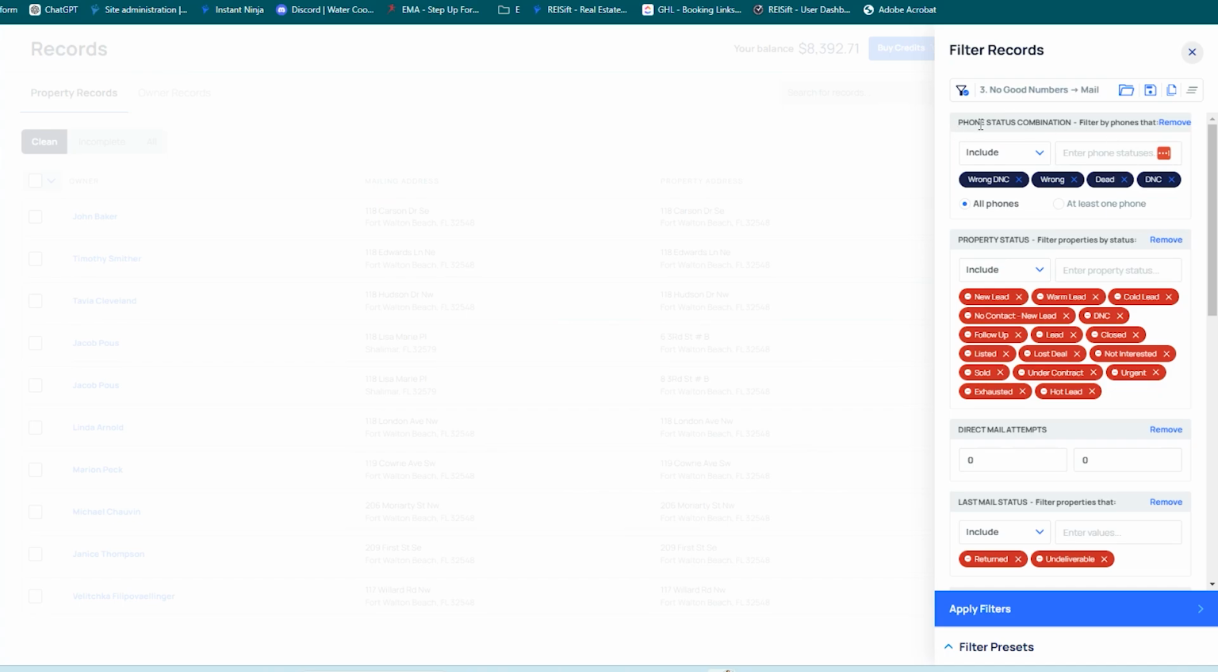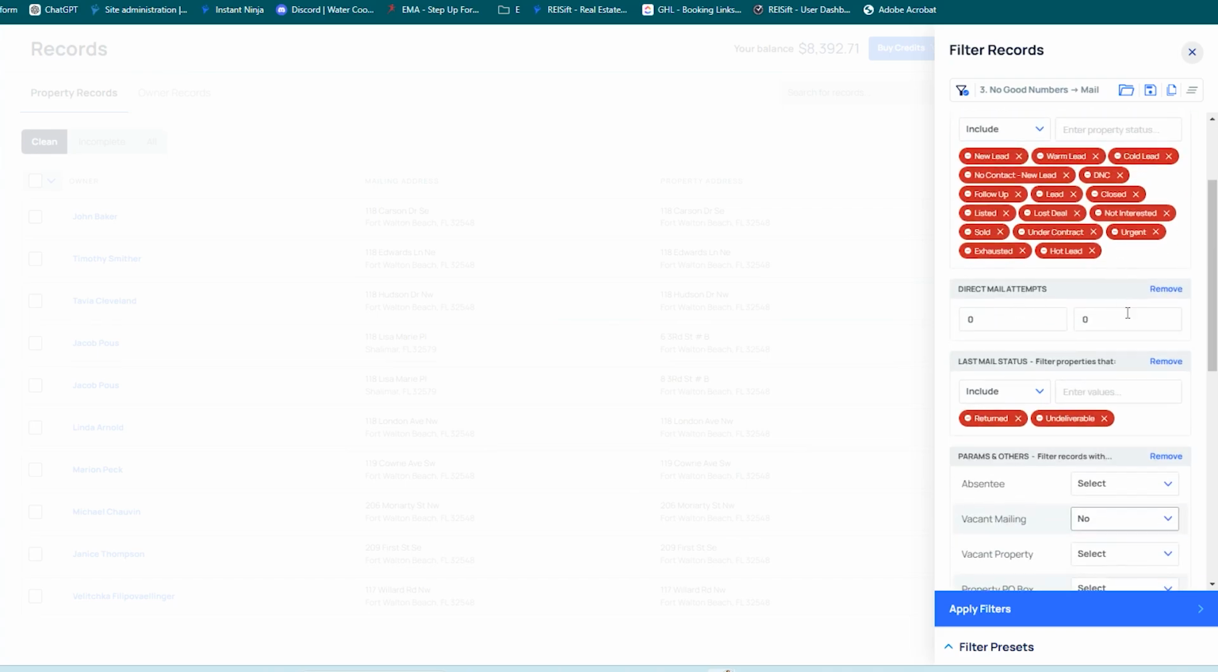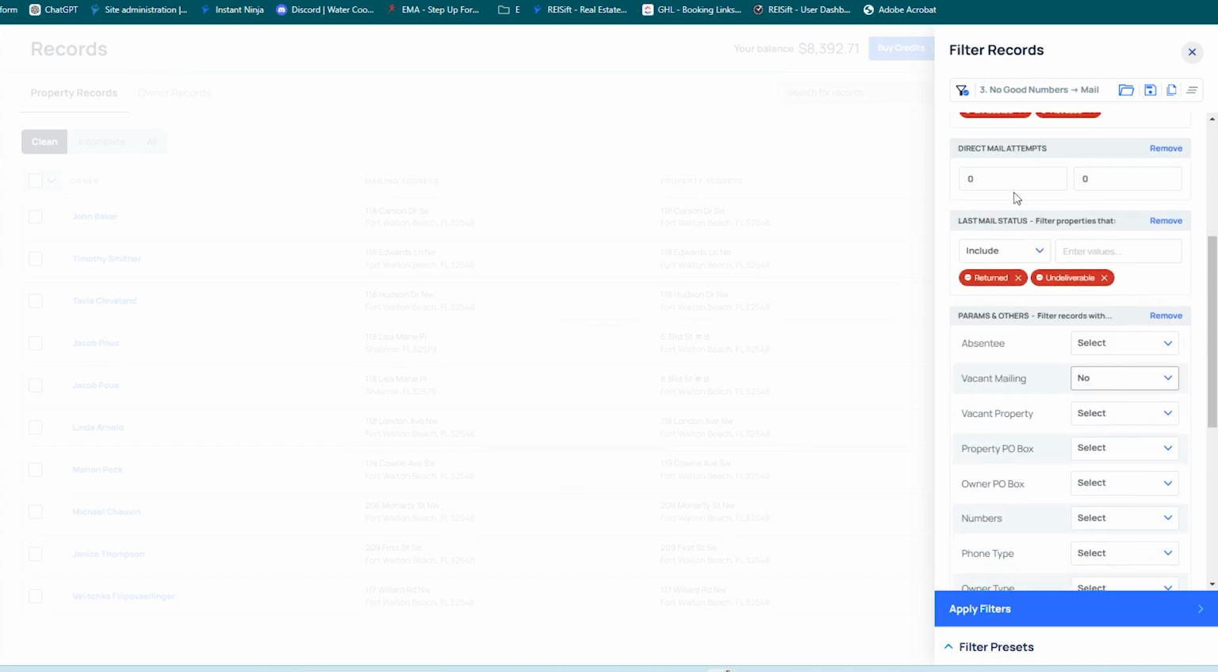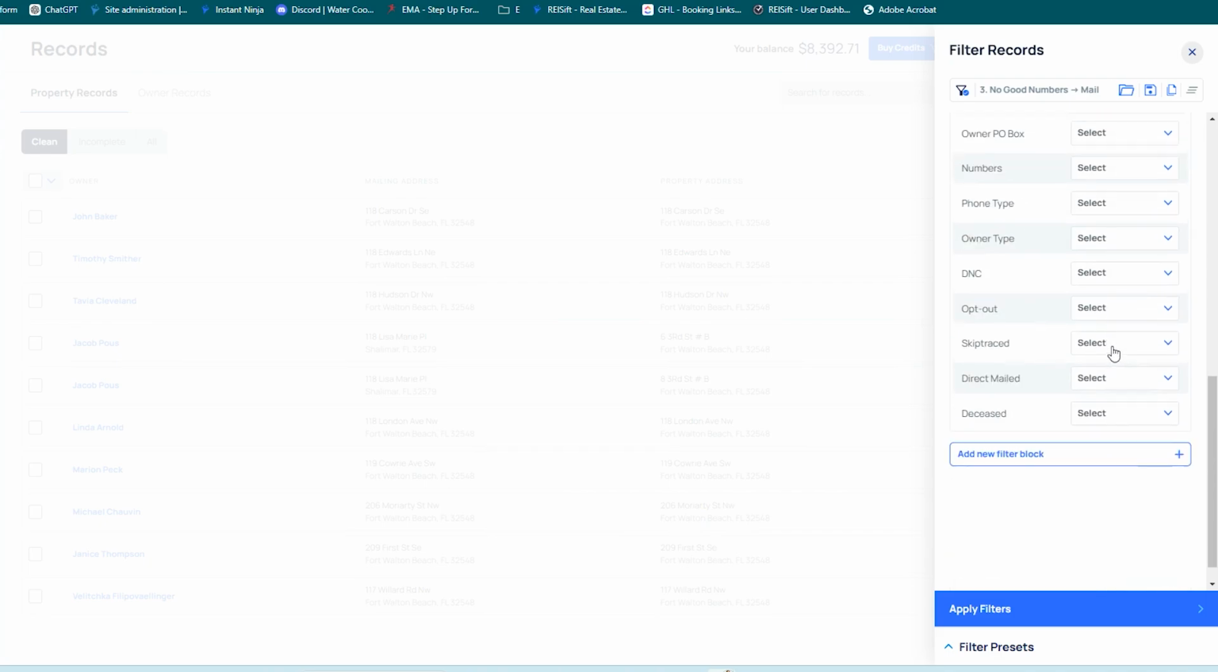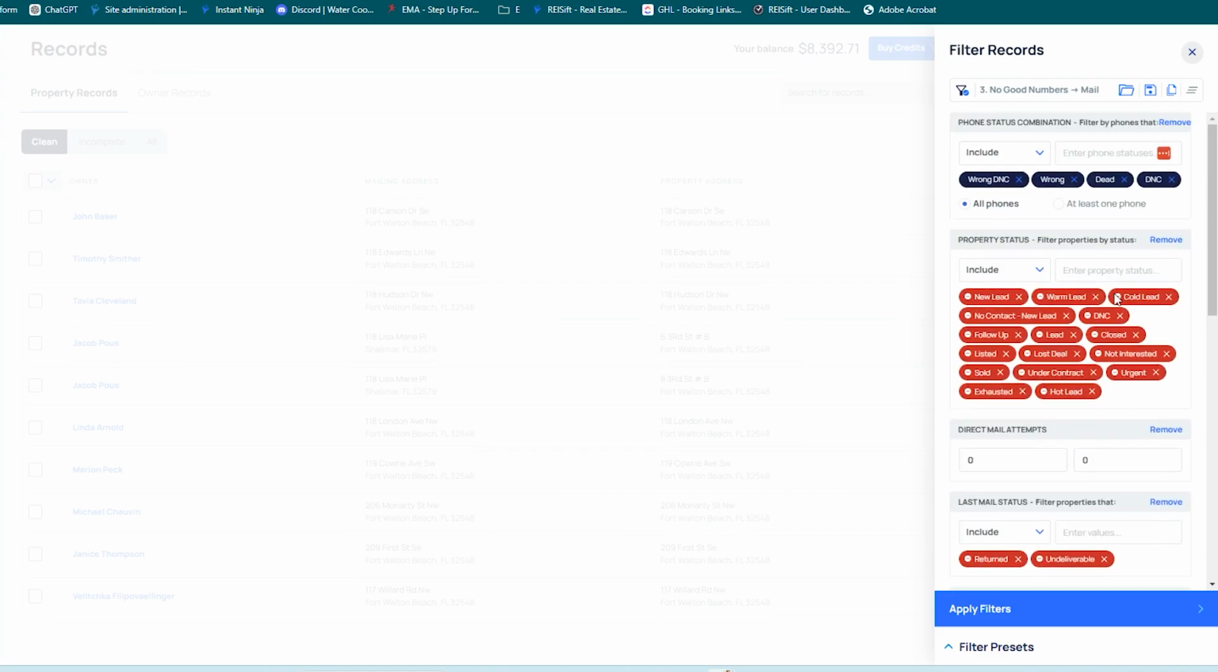mail. So I'm going to go to phone status combination. I'm going to say all phones are wrong, wrong DNC, dead, or DNC. I'm still going to not include property status. Direct mail attempts are at 0. I'm not going to include those two mail statuses of returned and undeliverable, and vacant mailing is no. So the biggest difference with this one is we're looking at records where all the numbers are wrong, dead, or